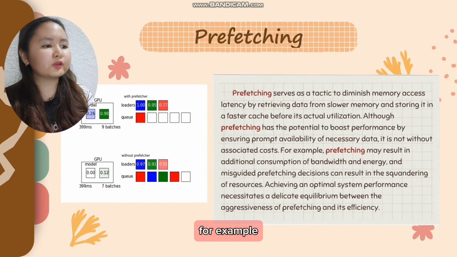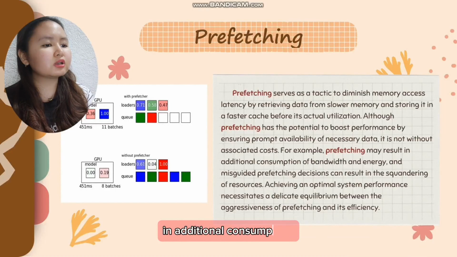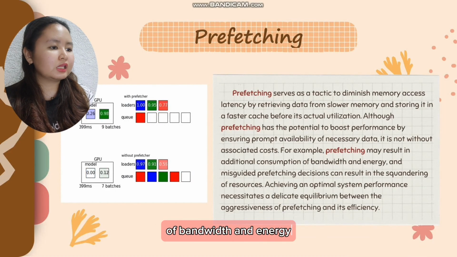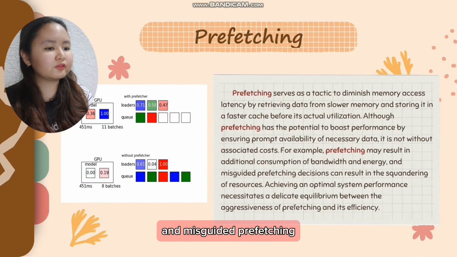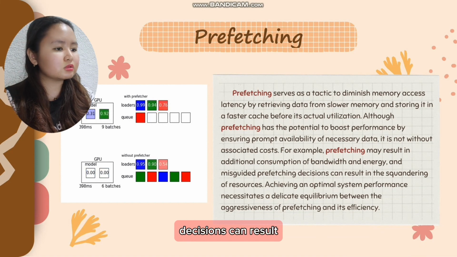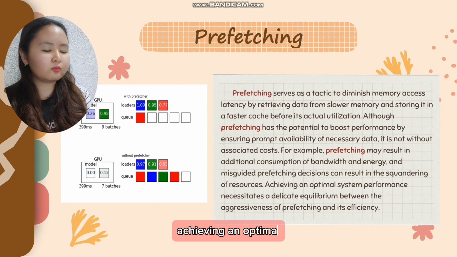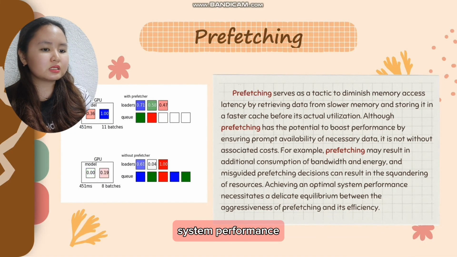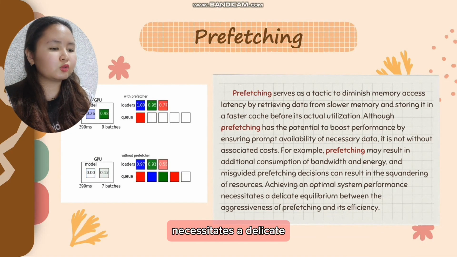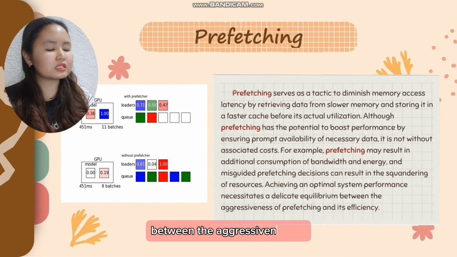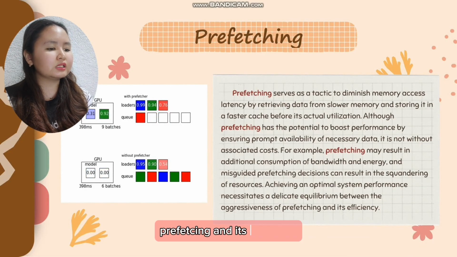For example, prefetching may result in additional consumption of bandwidth and energy, and misguided prefetching decisions can result in the squandering of resources. Achieving optimal system performance necessitates a delicate equilibrium between the aggressiveness of prefetching and its